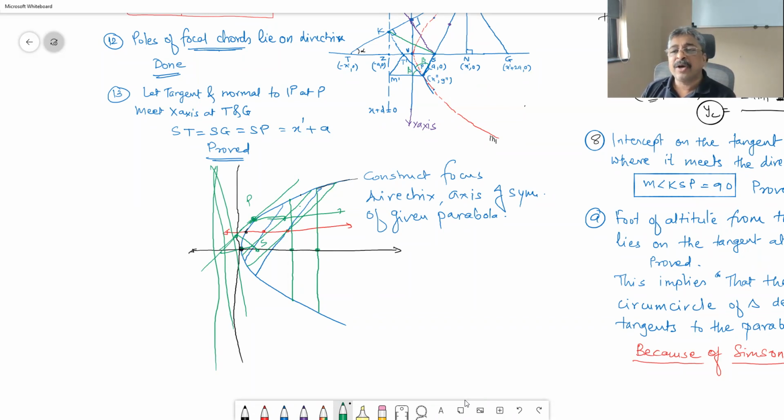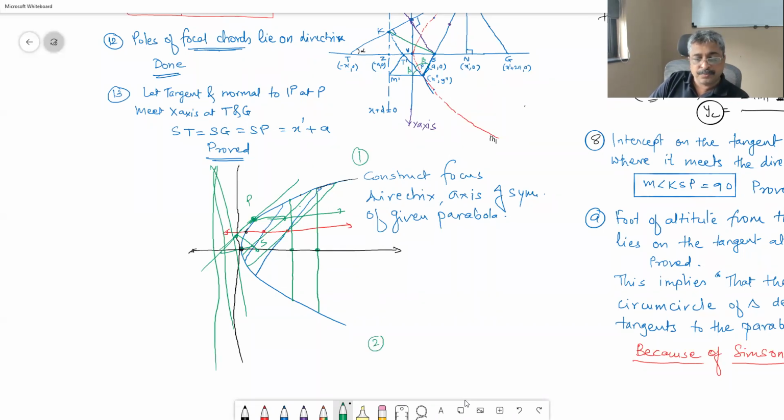The parallel chords that you have drawn, where the diameter intersects the parabola, at that point, if you draw a line parallel to the parallel chords, that is your tangent to that curve. And that tangent intersects the tangent at the vertex. You know that point, and from that point, if you draw a perpendicular, it will pass through the focus. We have already seen that property. Once you get the focus, you can get the directrix. That is what we were asked to find out. So that is what it is. That is construction number 1.